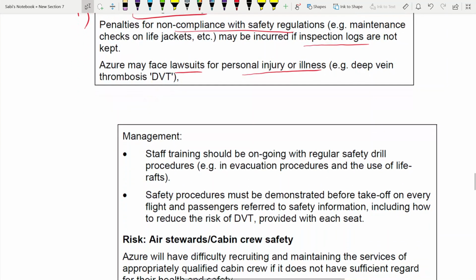So what can management do to reduce this risk? You train your staff, and it should be ongoing, okay, not just once, so that regular safety drill procedures are used by the staff. And also before takeoff on every flight there should be a safety procedure. Okay, like passengers have to be referred to the safety information, how to reduce the risk of DVT, provided with each seat. Then we have